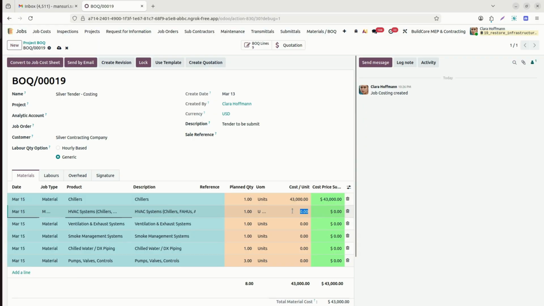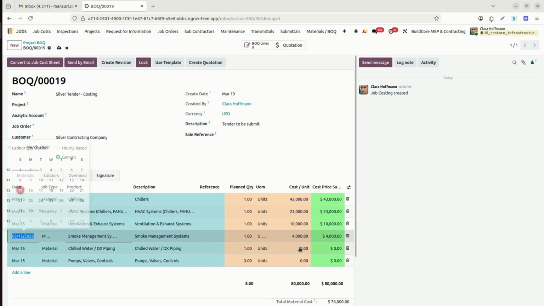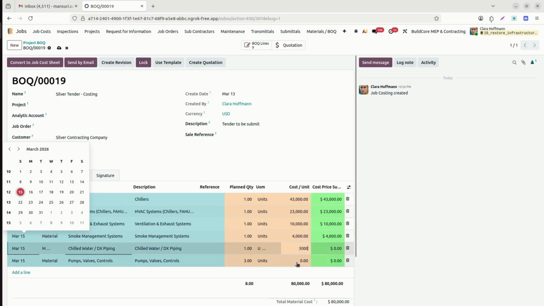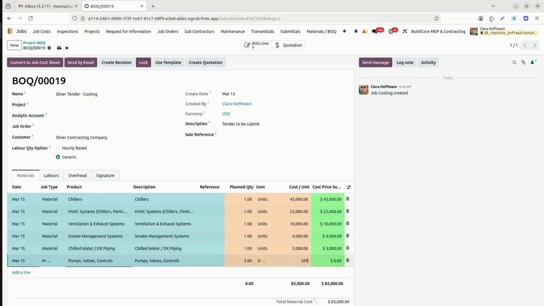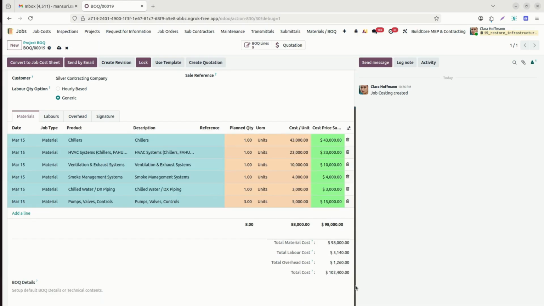I will enter one by one all the costs which are available here. Okay, so here material, labor and overhead, these 3 costs are differentiated. You can see here clearly how this cost is affected.